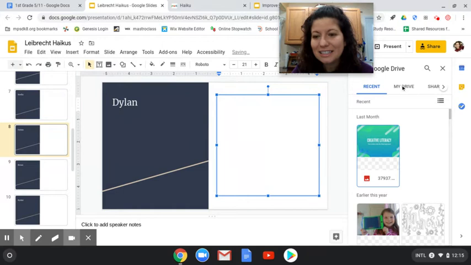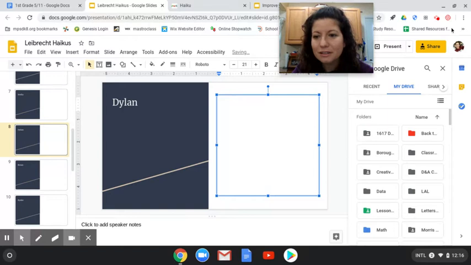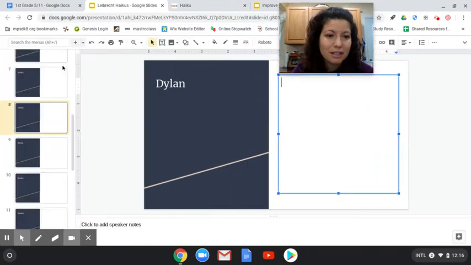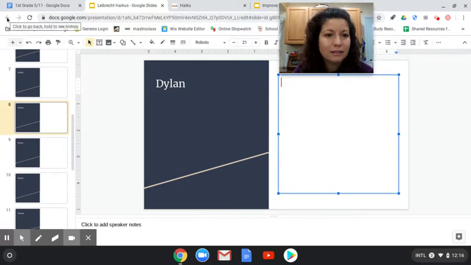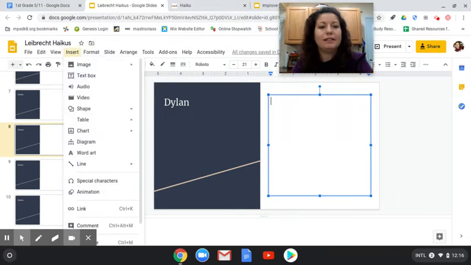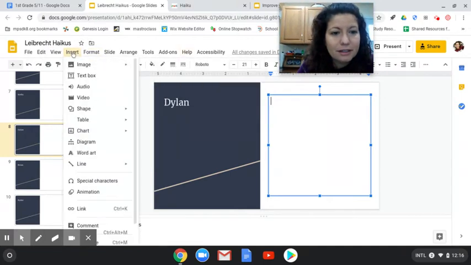No, I don't see it. My drive? I mean, I saved it as a PDF. I might have to go to the computer, not to my drive. So let's go to insert, image. Whoops. Uh-oh. What did I do? Hold on. There it is. Oh my goodness. I think it's because I'm recording that this is so slow. So upload from, oh my goodness. Come on. Insert,